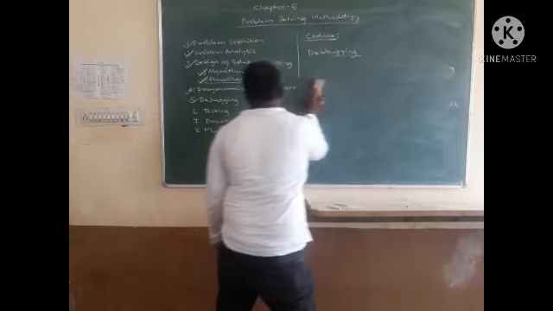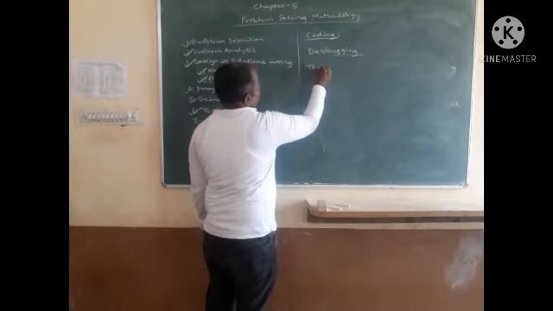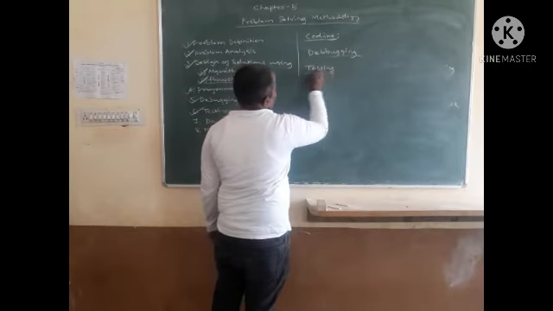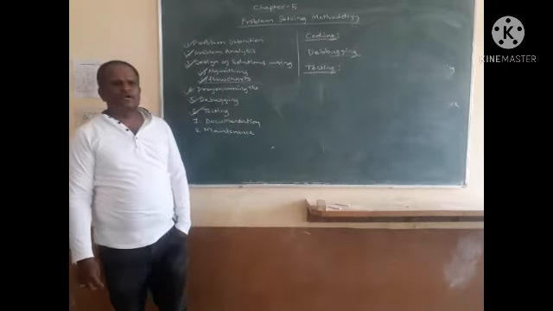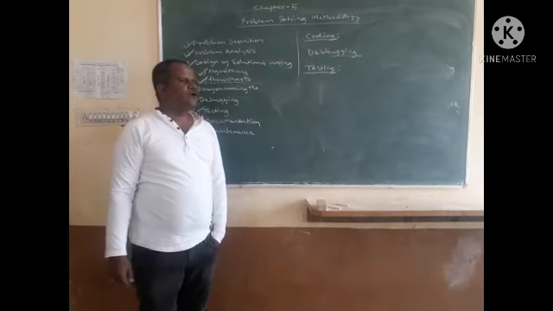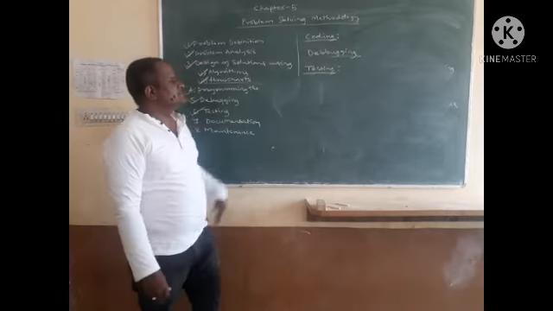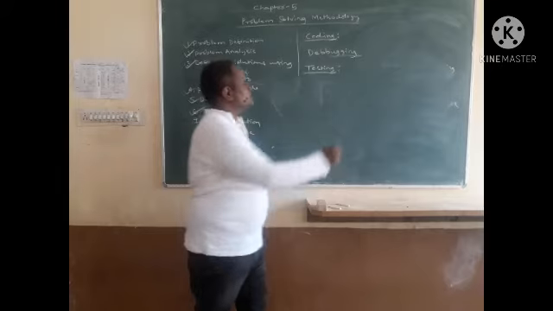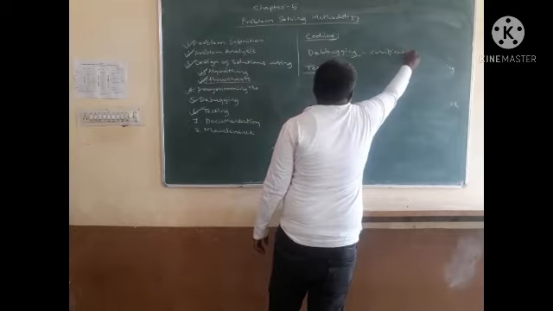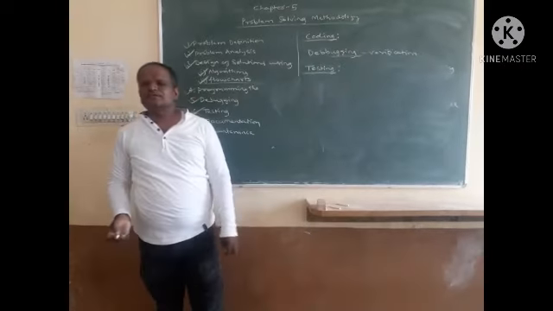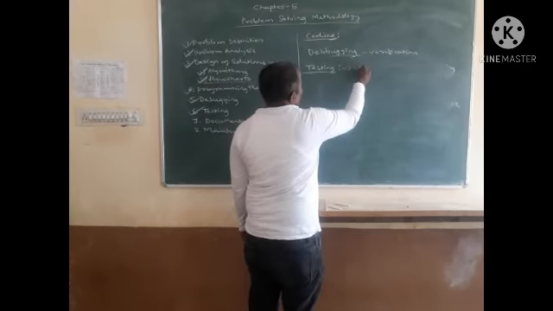The next we have the testing. Once the debugging process completes, we have to test whether the program produces the right output for the given input. This debugging process is called verification. Verification is nothing but checking whether we have written the right program or wrong. Then this testing is nothing but the validation.